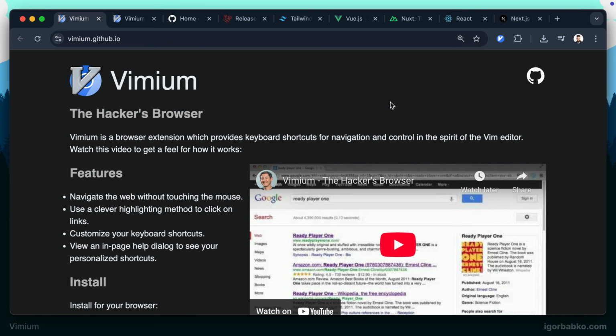For anyone who'd like to simplify their browsing experience and make it more efficient, we're going to review an extension called Vimium. This is an extension which allows us to control the browser by using keyboard shortcuts, just like the editor Vim. So in this video series, we're going to review this extension in detail and see how we can become more